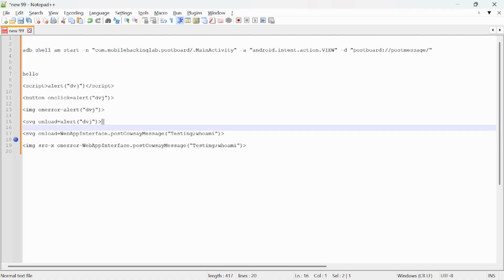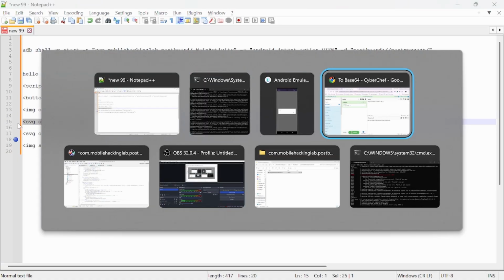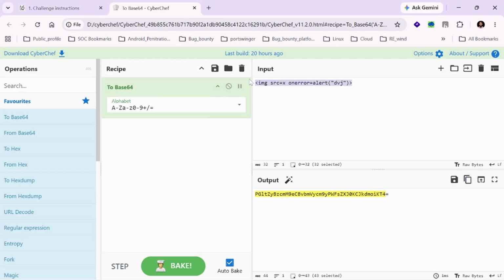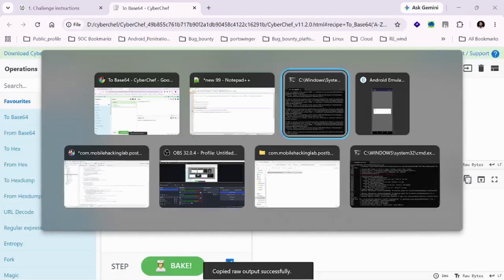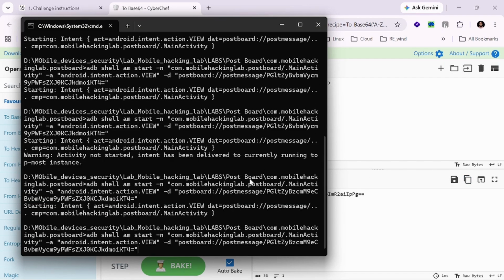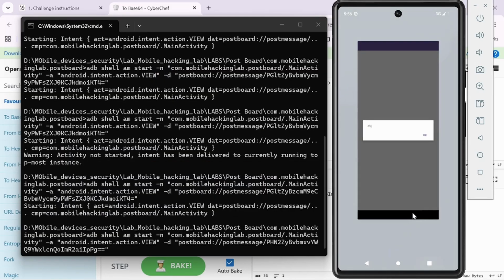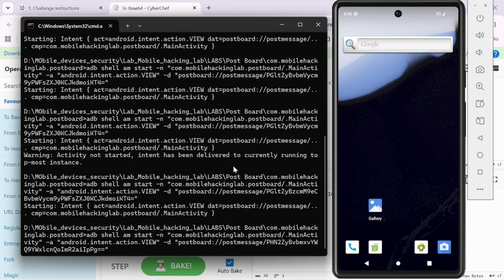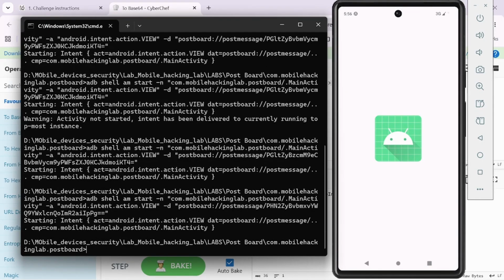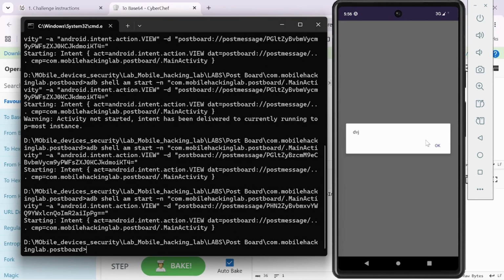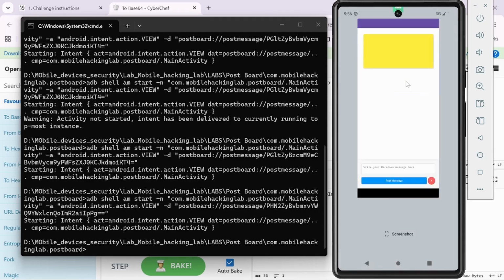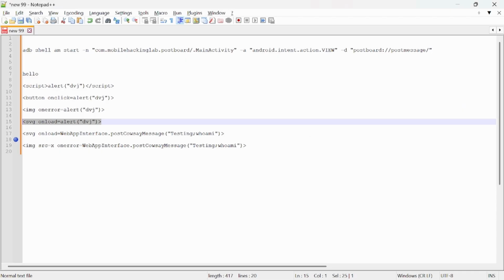Similarly, let's check for the SVG tag. Okay, so by using these different tags and different payloads, we have seen